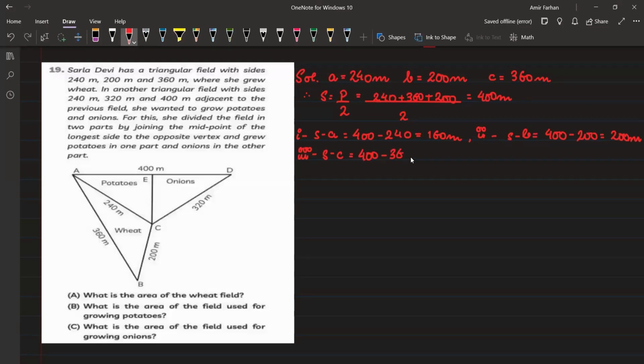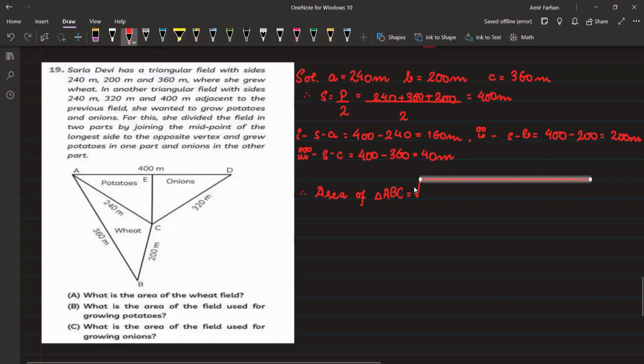And that is 360, 40 meter. So area of triangle ABC, area of triangle क्या है ये? अंडर रूट ऑफ, मैं डायरेक्ट वैल्यू सब्स्टिट्यूट कर रहा हूँ, ठीक है। सो दैट इज 400 इंटू एस माइनस ए कितना है आपका 160 इंटू 200 इंटू 40,